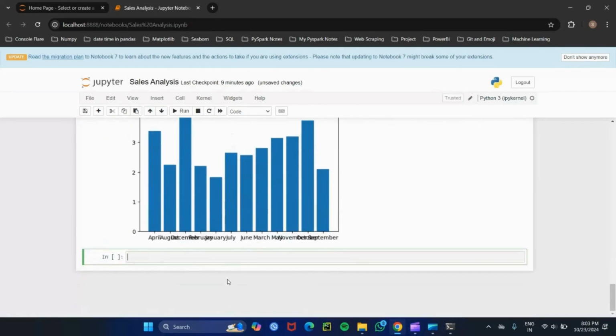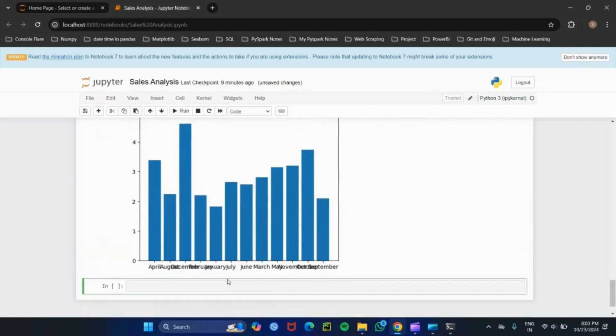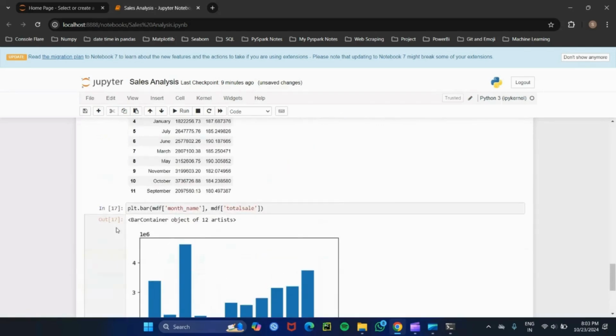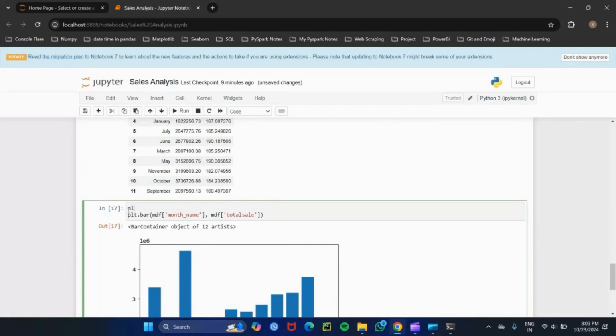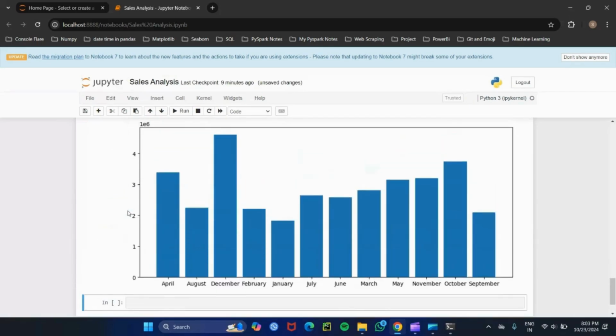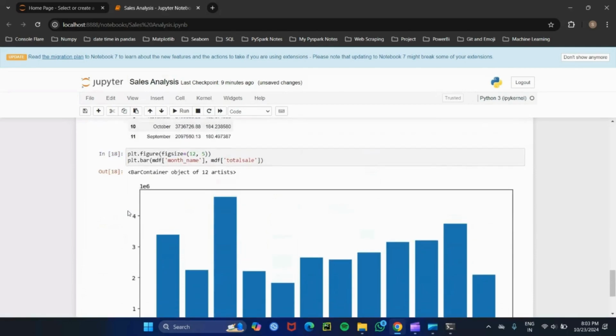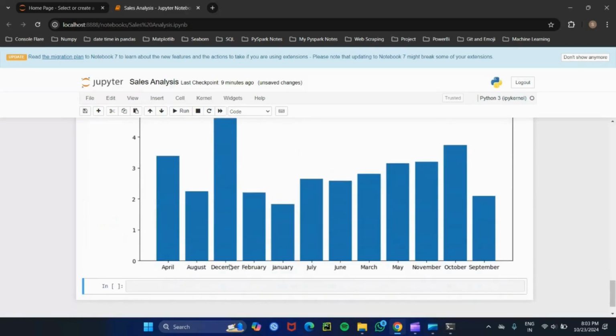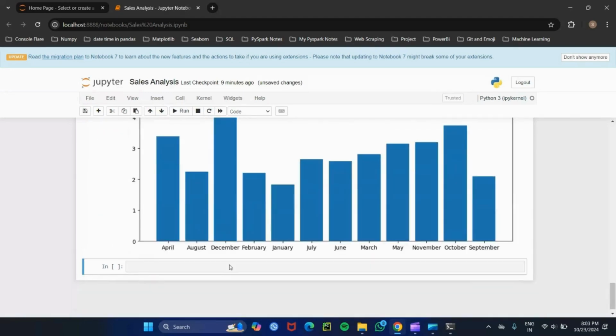So here you can see the total sales with respect to each month. So I want to resize this graph. So to do this, I'm using plt.figure with figsize, and I'm giving 12 on the x-axis and 5 on the y-axis. So this is not the correct way to show the total sales